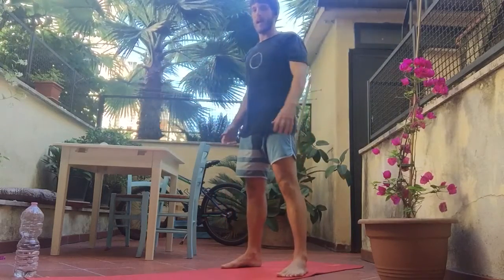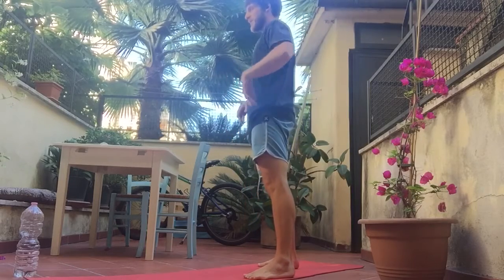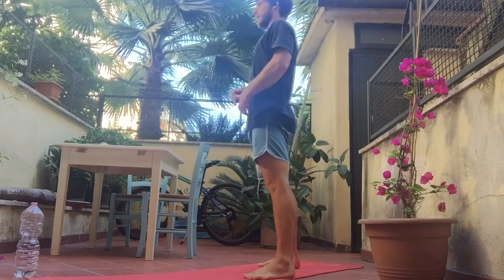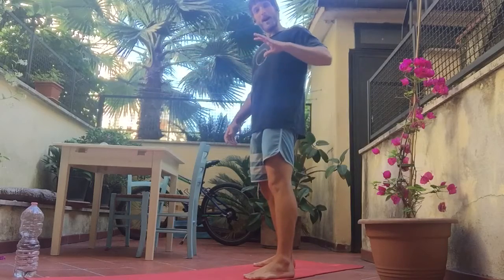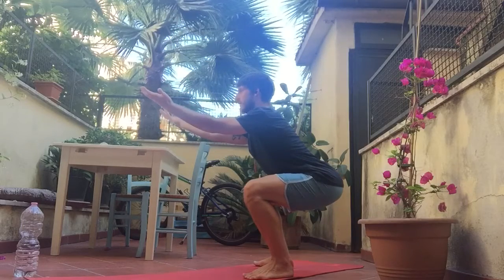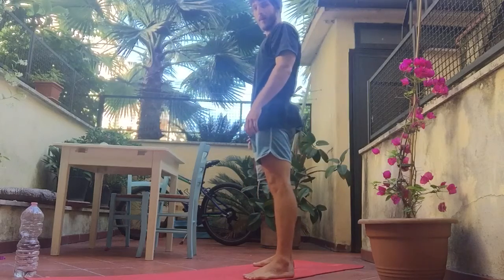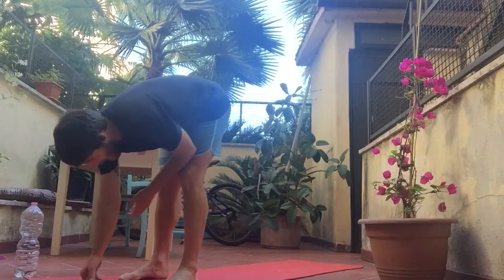Now, you want to squat in a way that when you sit back, you don't round your low back, okay? We're trying to keep the back straight. So when you sit back, go to a height that allows you to keep your back straight. So let's say here, my back is straight, my chest is up, squeeze the glutes, come up, okay? 12 to 20 reps. And then we finish up